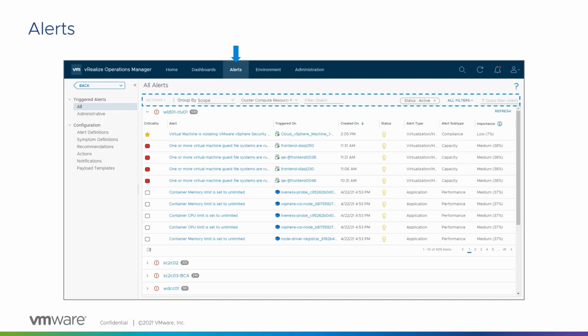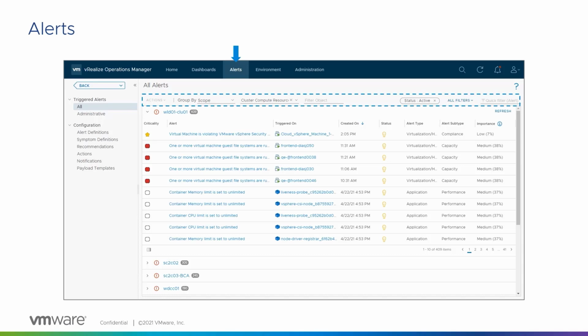We can also group all of the alerts based on the time that they were triggered. This could be really good for trying to understand what happened in the environment, say within the last hour, right? We'll see all of the alerts that were triggered in that time and can really help us to build a story while troubleshooting. Or we can group it based on object too. If I just want to see all of my virtual machine alerts grouped together compared to maybe my Kubernetes alerts, right? Have those grouped together in a separate group. We can also create filters for specific alert types or objects or alert statuses and things like that. So there's a lot of flexibility in what we can do as far as visualizing the alerts within